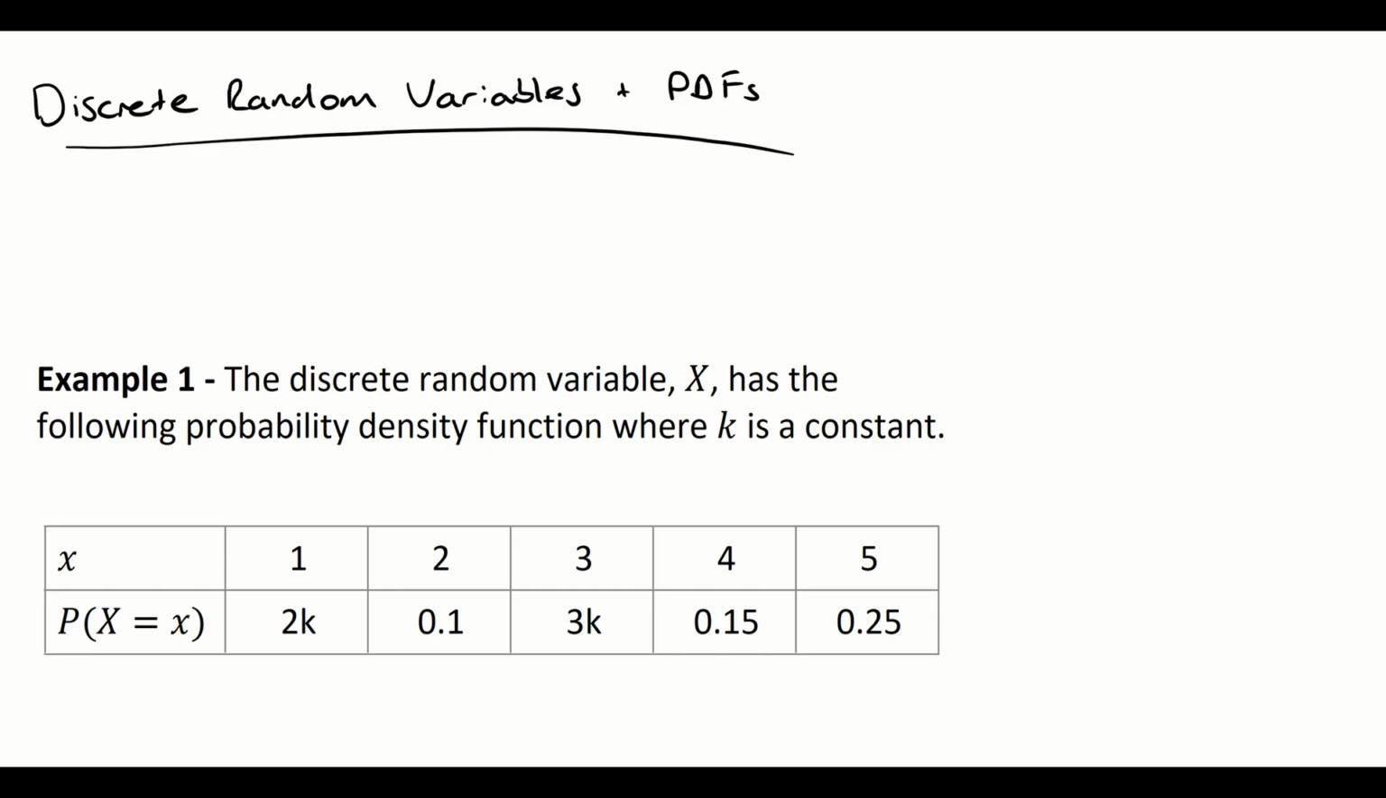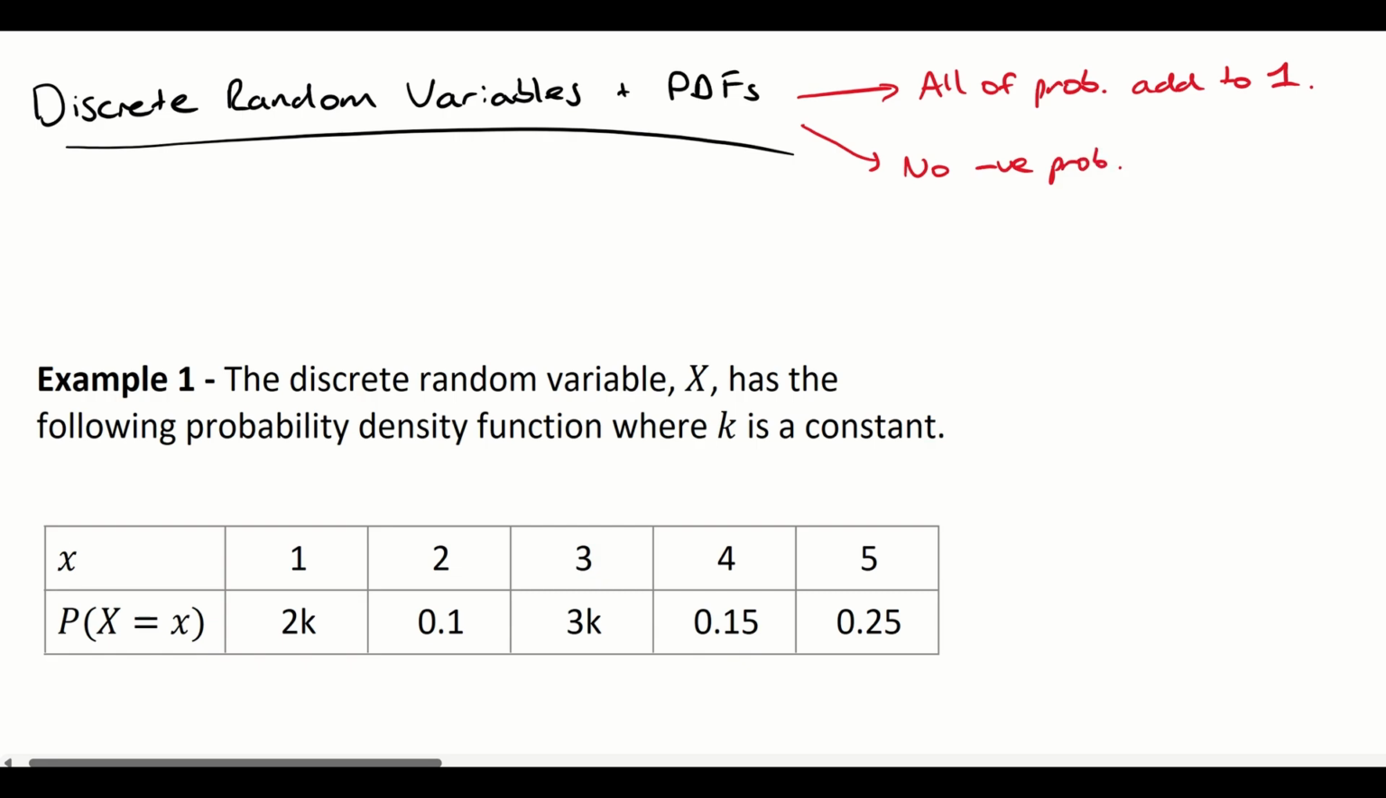So we've had a little bit of an introduction to discrete random variables and probability density functions. And remember, a probability density function needs to meet two criteria. The first one is that all of the probabilities add to 1. So we've got to make sure that we've got all of the potential outcomes listed. And then second of all, we've got to make sure that we have no negative probability, because that just doesn't